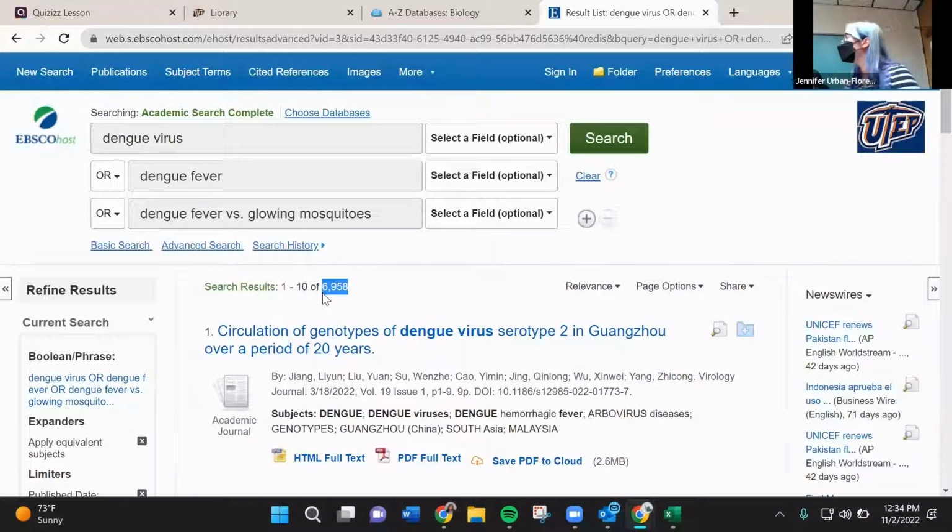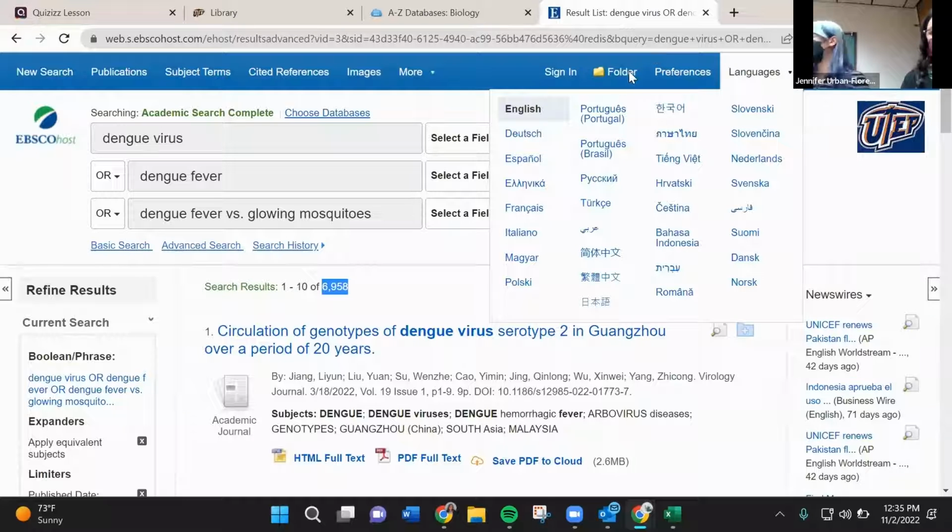Oh, did you have a question? Yeah, if I expand to 10 years and I have tons of materials to read, how am I going to manage all of that? Because even within the 5-year range, I already have like 7,000 articles to read, and that's not possible for me to do. That's too many, right? Yeah.